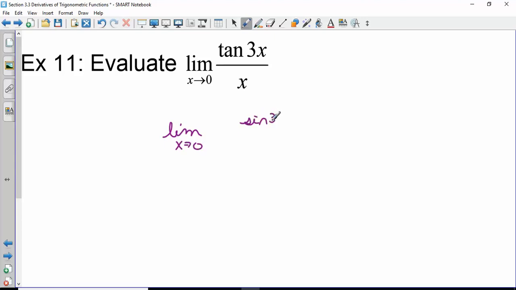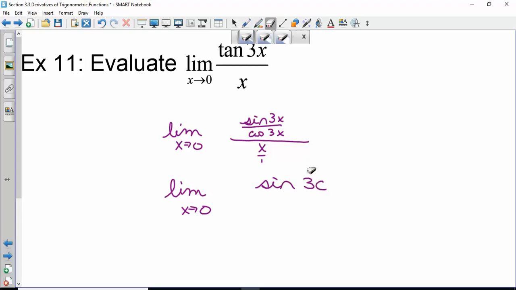So that would be sine of 3x over cosine 3x, all divided by x. We don't like to leave a fraction within a fraction. This is like x over 1, so if you flip and multiply,